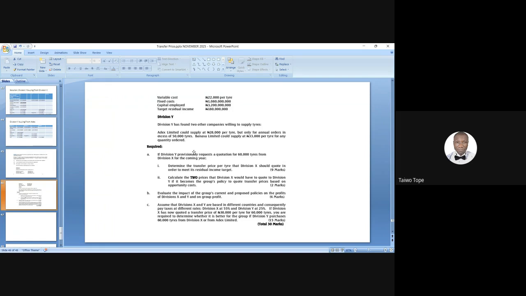Division Y is now requesting 60,000 tires out of 150,000. So division X is left with 90,000 tires to give externally. And to sell one tire externally, it is 35,000. So 35 multiplied by 90,000 tires will give us